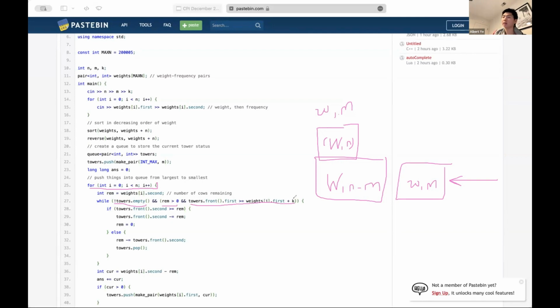we essentially place down as many cows as we can on towers where the topmost weight is weights dot towers dot front dot first, I think. And there are two cases. First is where, let's just call this X, the first case is where we have more towers of weight X, which means that we essentially just put down all the cows that we need to and then move on. And let me just call this Y. The second case is where we have more cows of weight Y, in which case we